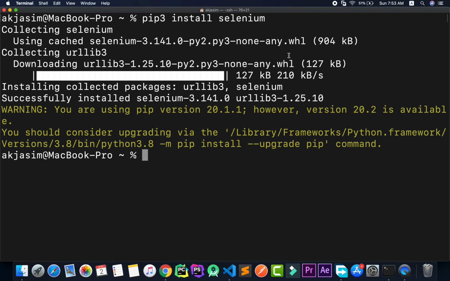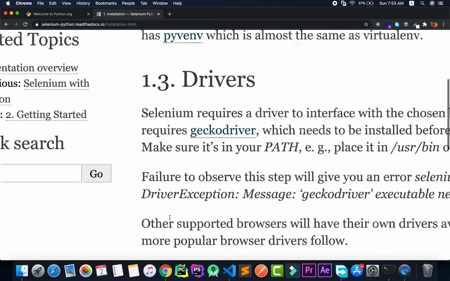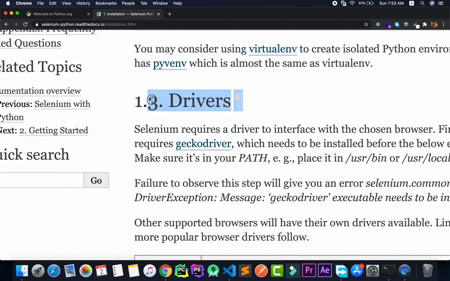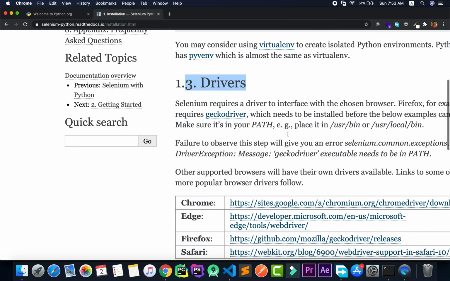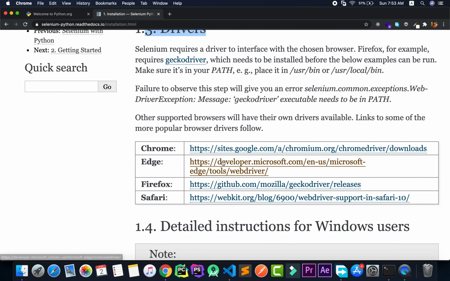Now with Selenium installed, back in the documentation, you can see the drivers here. So we'll be using Chrome as the default browser for this automation. Of course you can use Firefox, Safari or Edge, that's up to you, but I highly recommend you use Chrome, because the things I will be showing will be in Chrome, so you'll get that synchronization. If you don't have Chrome, just download that. It's pretty much low file size, so no issues with storage and all.